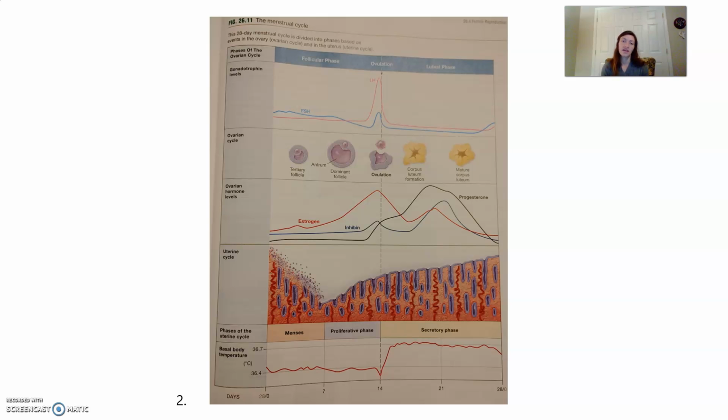So looking at this diagram, this is the menstrual cycle with all of its different parts all stacked up together so we can see how they interact with each other. So with all of these different cycles and phases stacked on top of each other, we're able to see the feedback loops. So starting off, we have the follicular phase, and within that we have our menses that takes place because the cycle is resetting. It's going to try again to get pregnant, which means we have follicles developing and moving towards ovulation.